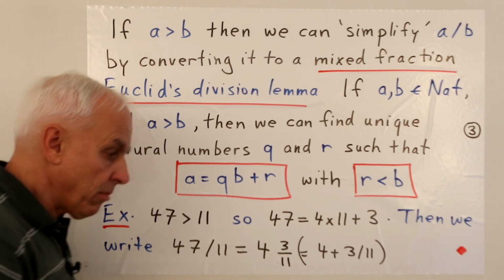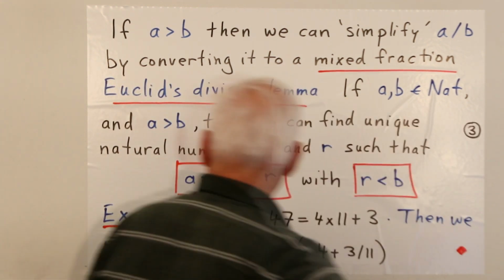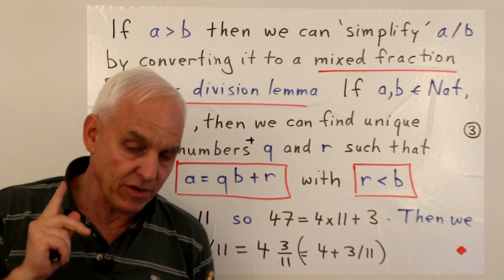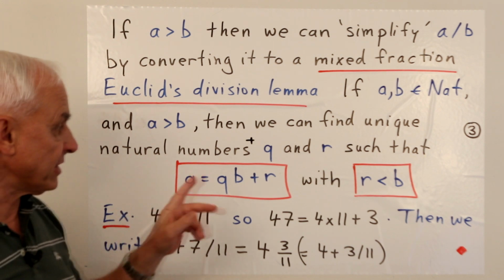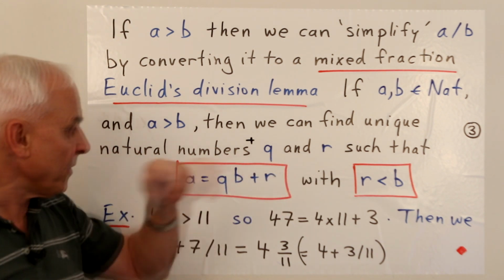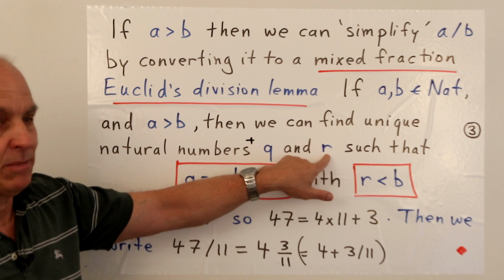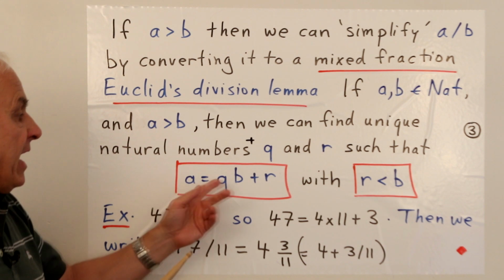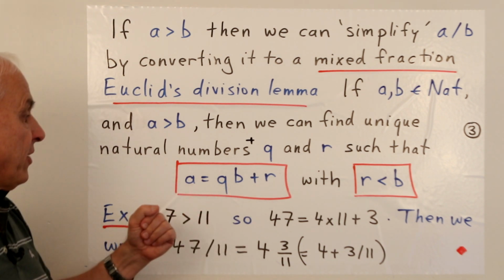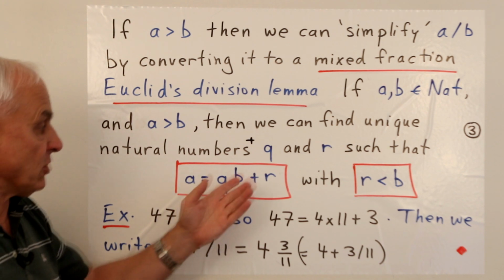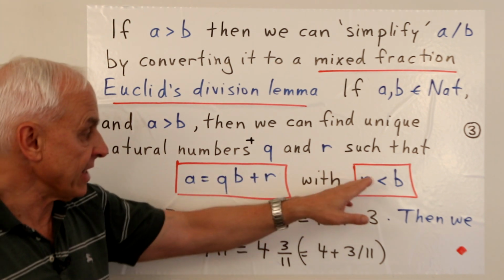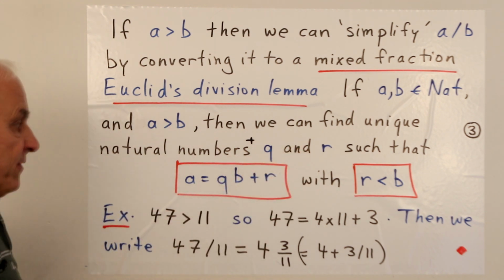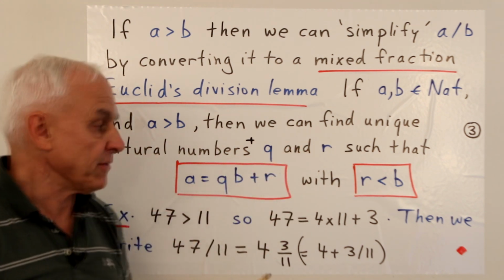And actually, I probably should augment that a little bit. Let's say natural numbers plus, where I allow also the possibility that 0 might come up here. So in particular, this remainder could in fact be 0. It's going to be less than b. So this is telling us that if we divide a by b, then there's a quotient q and a remainder r, and this remainder is less than b. And this way, q and r are unique. This is a fundamental property of division of natural numbers.